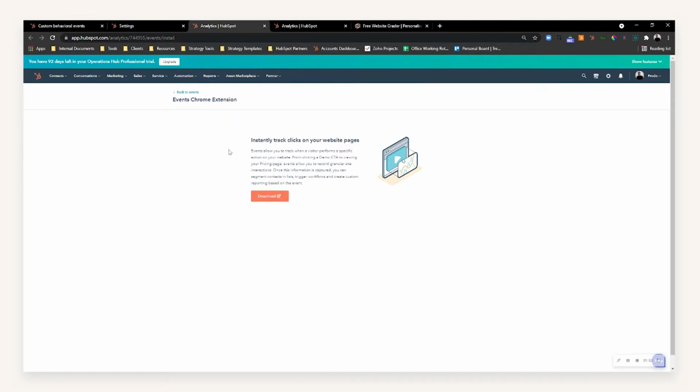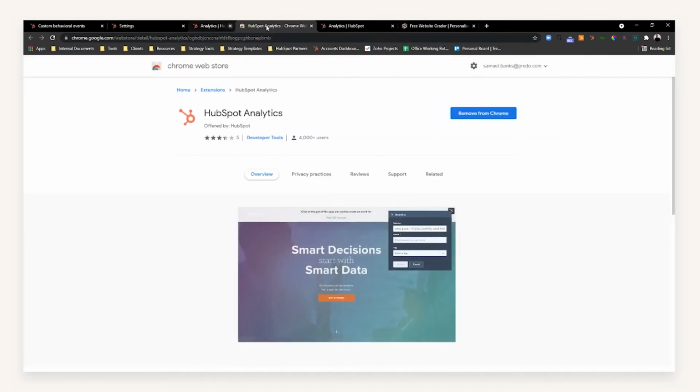Now you're probably asking, why did it take me to another HubSpot page rather than the tool directly? And it's because when it takes you to this page, it's tracking the portal you're accessing the tool from, because the widget will be linked to your portal. So if you're working with lots of portals, bear that in mind. Simply press download and it will take you to the Chrome page